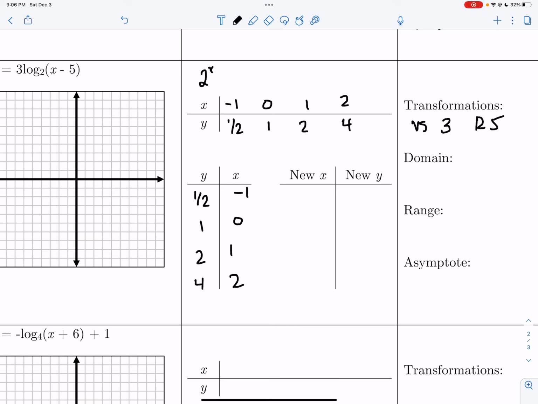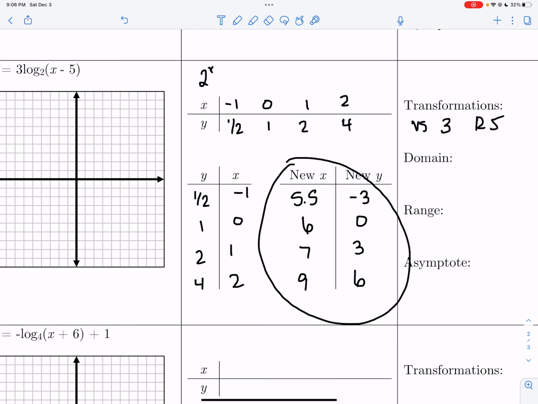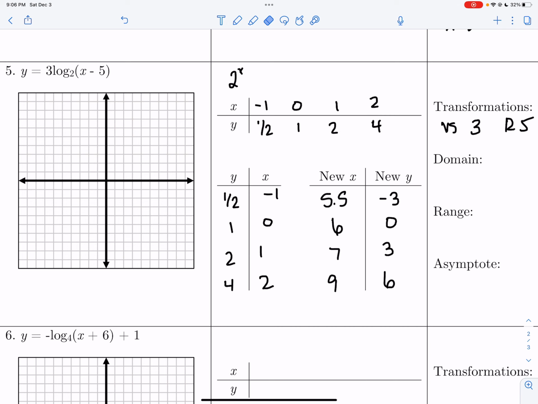A vertical stretch of 3, remember, affects your y value. So I'm multiplying my y values by 3. Once I do that, I am going right 5, so that affects my x values. Right 5. And this gives me my lovely points for y is equal to 3 times log base 2 of x